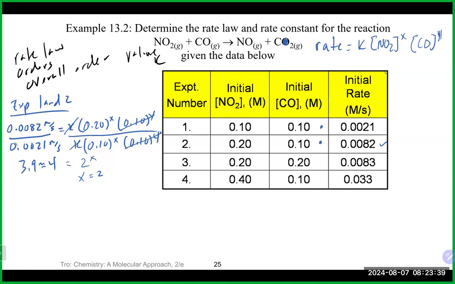And sometimes they may not be perfect numbers. You can do a little bit of rounding because they are based on experimental information. So same thing with the experiment you did yesterday. Again, you could probably round to the closest whole number when you solve for the